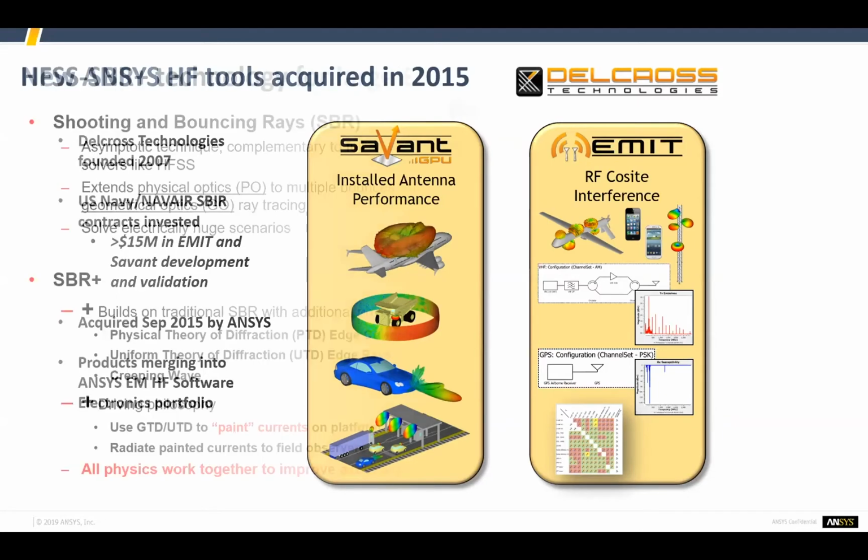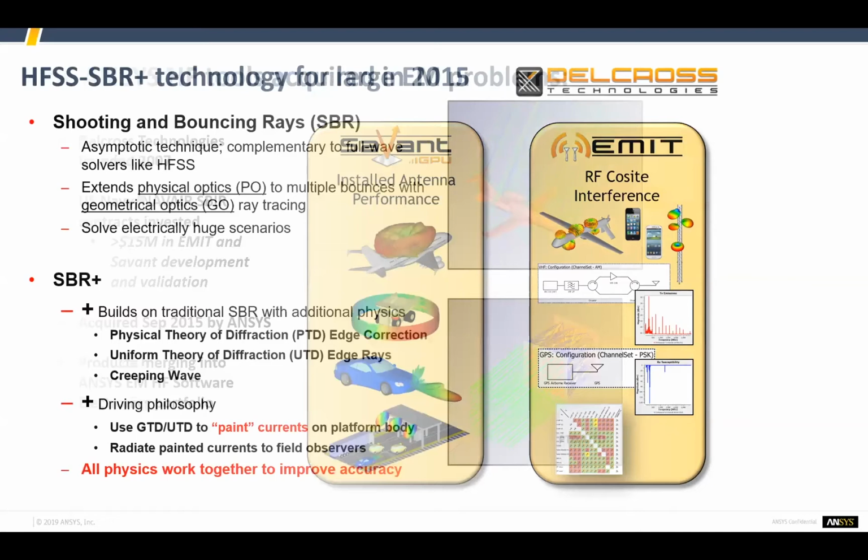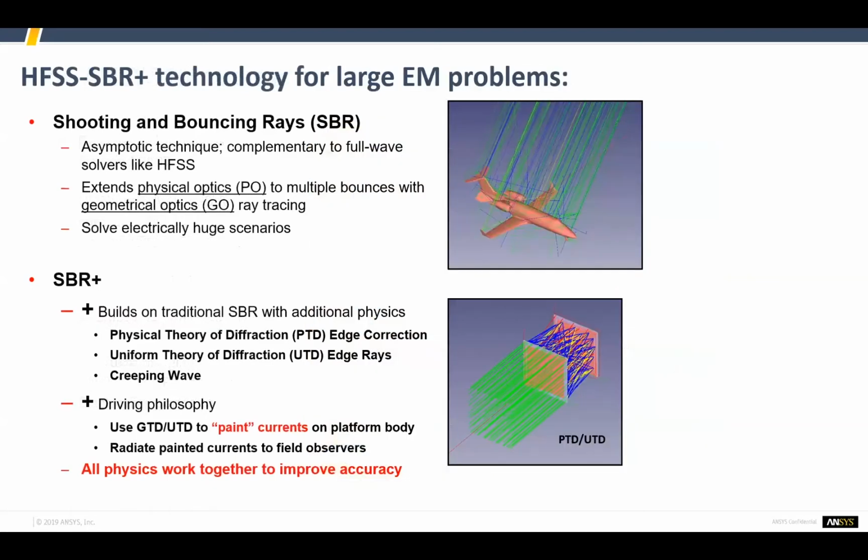Now, SBR, in contrast to our traditional finite element solver and our integral equation solver, is what we call a shooting and bouncing ray technology solver. In other words, it is an asymptotic technique. It is complementary to full wave solvers like HFSS, but it is an asymptotic technique, so it is not a full wave solver. It extends the physical optics, the PO that we're all familiar with in terms of ray tracers. It extends that capability with geometrical optics, which is another method to do electromagnetics,